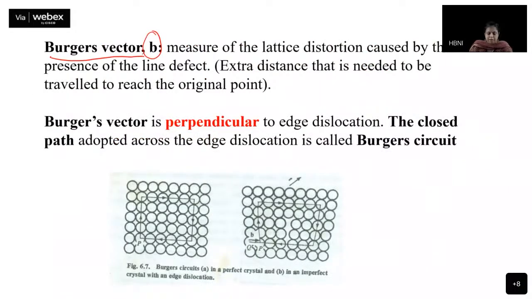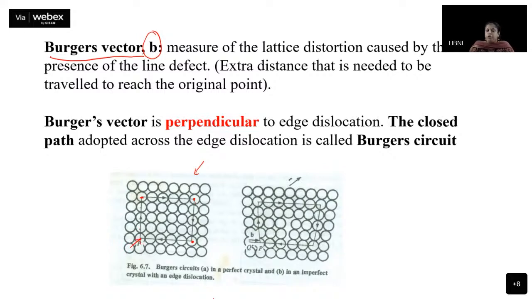Look at this. Suppose this is the plane of atoms, very nicely arranged in 3 dimensions. Your attention to the left hand side figure. Suppose you mark a point P. You start walking from the point P and you cover 1, 2, 3 and 4 interatomic distances. You reach this point. Now you start from this particular point and cover 1, 2, 3, 4 and 5 interatomic distances and you reach this point. Then you again come back 1, 2, 3, 4, you're here. You again go to the left 1, 2, 3, 4, 5, you're here. So you started from P and you're back at P.